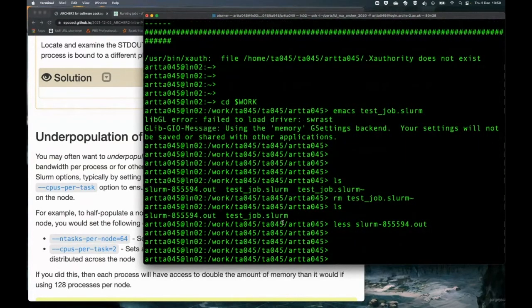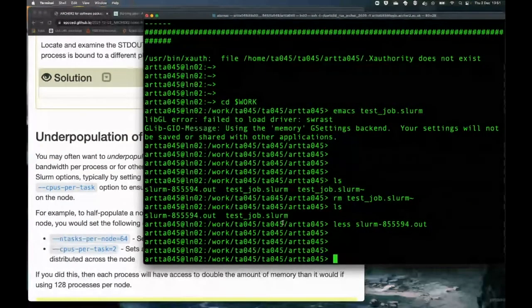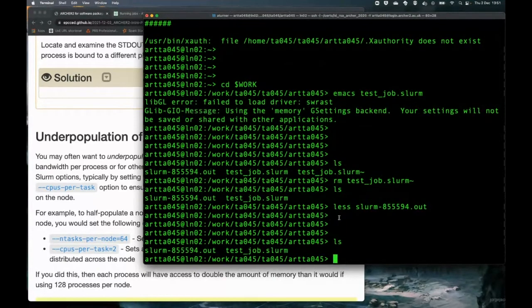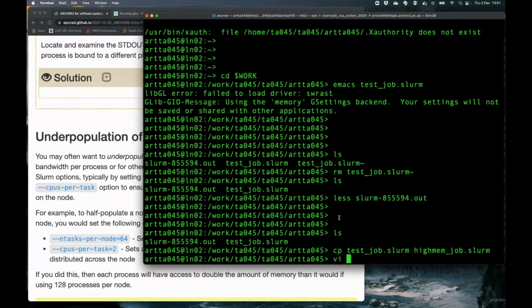Now, the high memory nodes aren't available in the short QoS, so it may be that I just end up queuing for a long time waiting for an available high memory node, but you never know. You can sometimes sneak a job in if it's a small one. So I'm going to copy the test job Slurm to the high mem job Slurm. I'm going to edit that file,